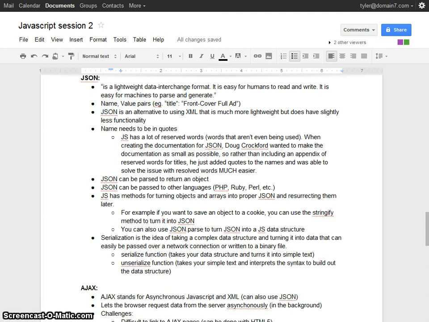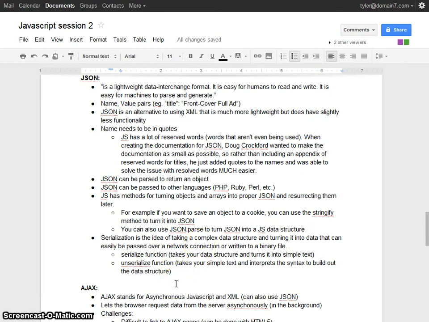The first is stringify, where we can call JSON.stringify and pass it in an object, and that will return JSON that can be passed to PHP. If we have JSON and we want to turn it into a data structure, we can use JSON.parse to turn JSON into a JS data structure.